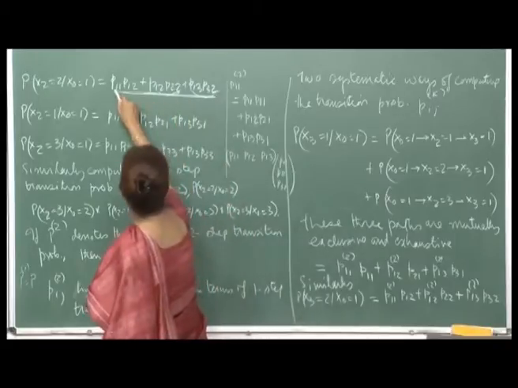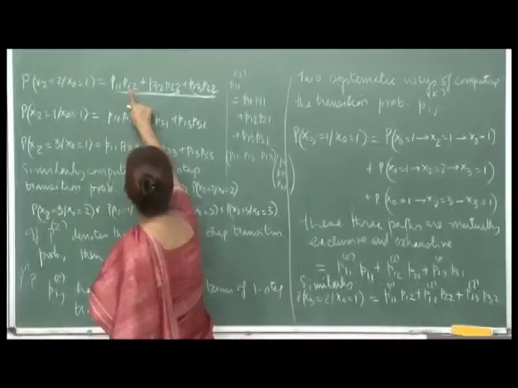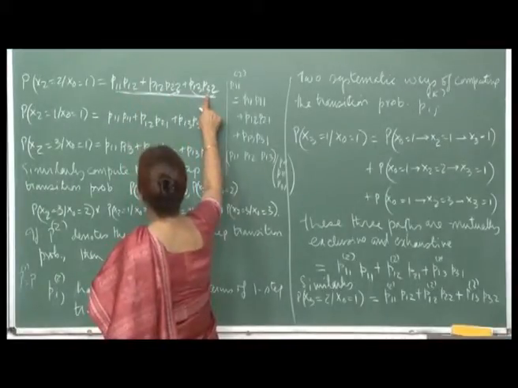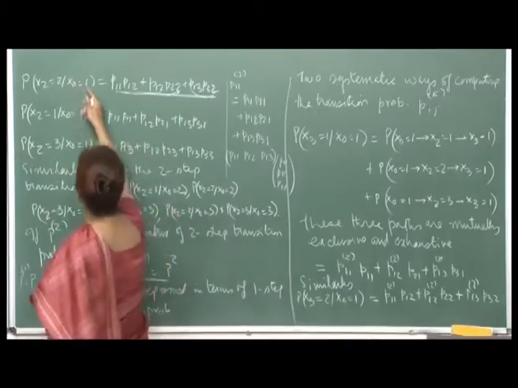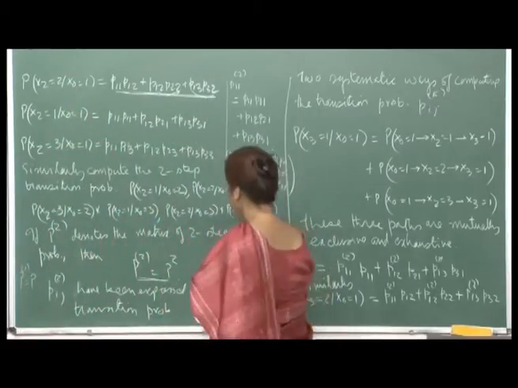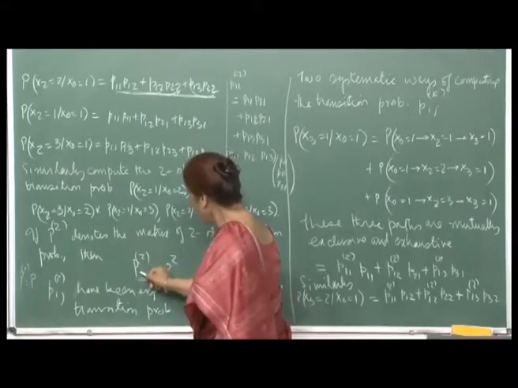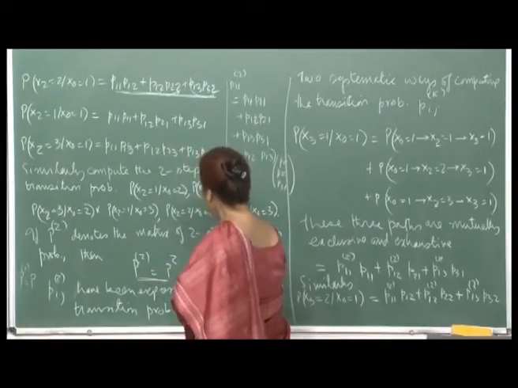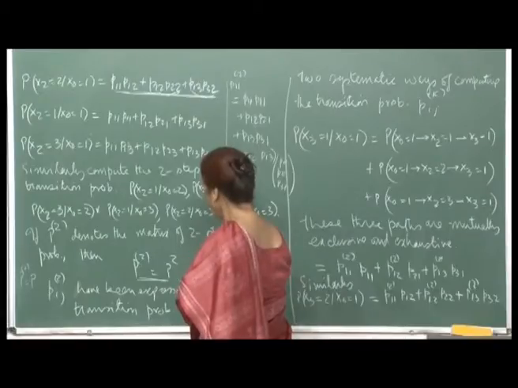For example, this is the first row P_{11}, P_{12}, P_{13}, you are multiplying with the second column P_{12}, P_{22}, P_{32}, right. So, to get the entry 1 2, you are multiplying the first row of P with the second column of P,